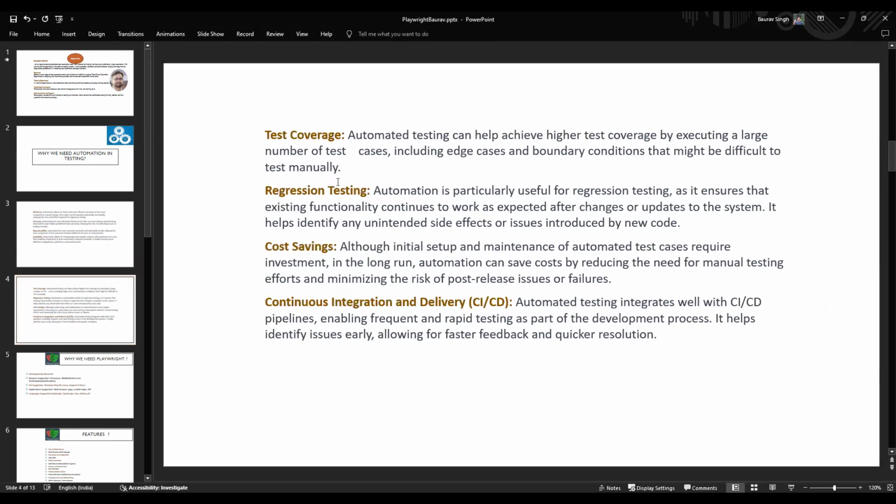Okay. And then it comes to test coverage. As we started our conversation, that we can go with the complex scenarios, right? So that comes under test coverage, and regression testing, if you have regression suites available which you want to execute again and again, that comes under that. Then cost saving, as I told you, if you do the repetitive tasks again and again